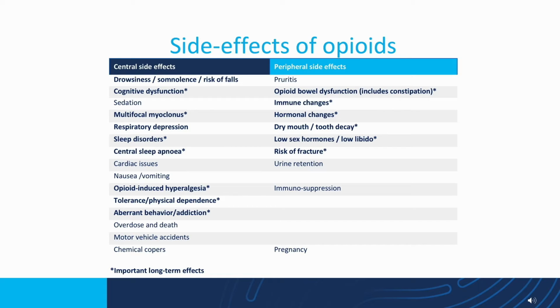Immune changes, immunosuppression can occur, and I've mentioned that at the bottom of the table on the right hand side. Opioids can suppress immunity. There are major studies going on looking at the way we apply anesthetics to people having cancer surgery. Heavy opioid-based anesthetics put people at risk of cancer recurrence because they suppress the immune system. Non-opioid-based anesthetic techniques, regional techniques, reduce that risk of cancer recurrence. That's having a direct impact on disease. We don't know what the effects of long-term oral opioids are on immunosuppression. We know it can occur, and we know it may be substantial.